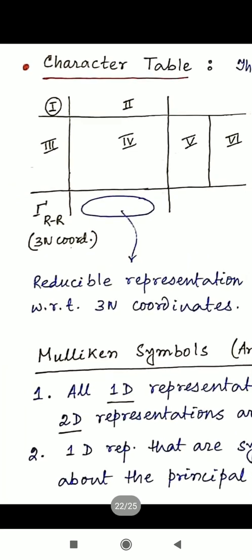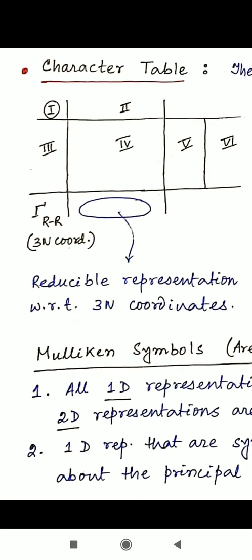So this is all about our character table. I have said all of these things about the character tables. First, number 1, we have to write the point group, then number 2, the symmetry elements. Next, at the left, at region 3, we write the irreducible representations in terms of the Mulliken symbol. In region 4, we write the characters of the irreducible representations. In region 5, we write the translational and rotational elements, and in region 6, the quadratic functions.